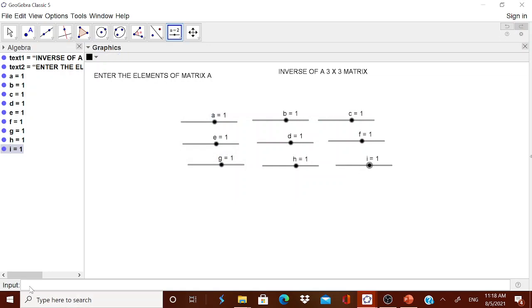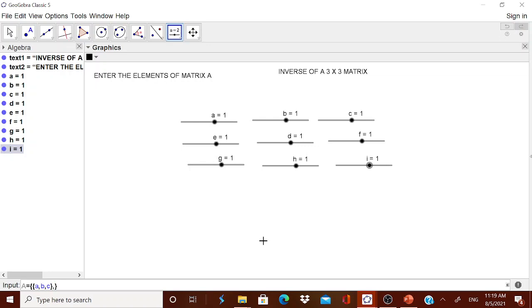Now I want a matrix to be formed based on these. Therefore I will take capital A equal to, start the bracket, be careful, again start the bracket, small a comma b comma c. Use the right arrow and then come out.